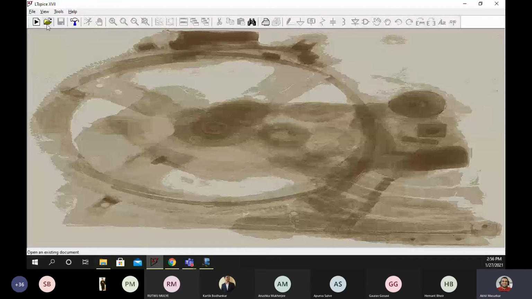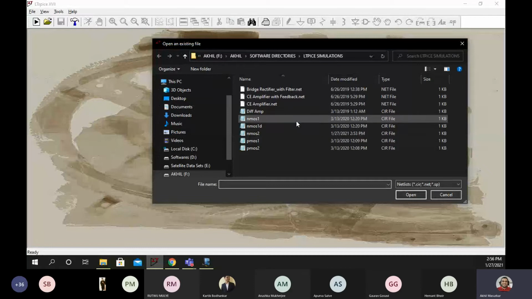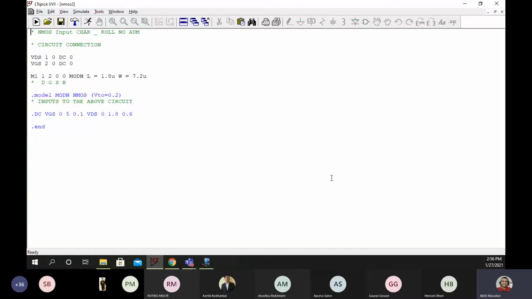Then go to Open and open the file which you saved just now. It should open like this in LTSpice.